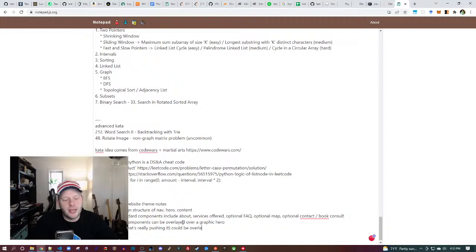Could be overlaid on a blank hero. Let's try to only have 1 call to action on hero. Could mitigate by prioritizing left element, left call to action,